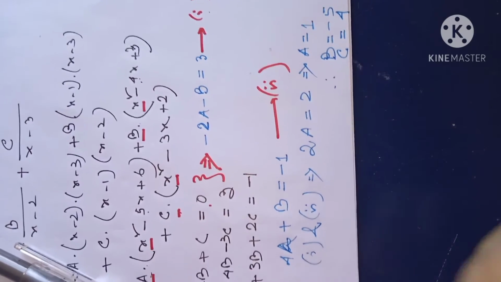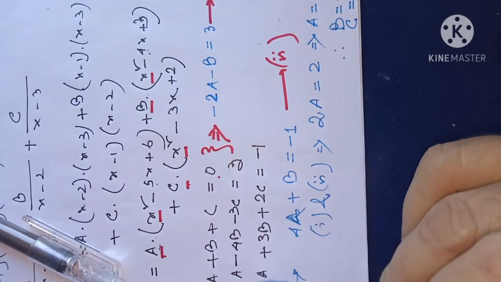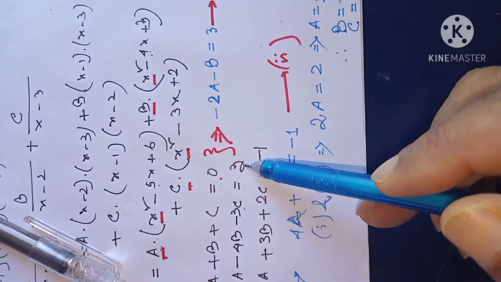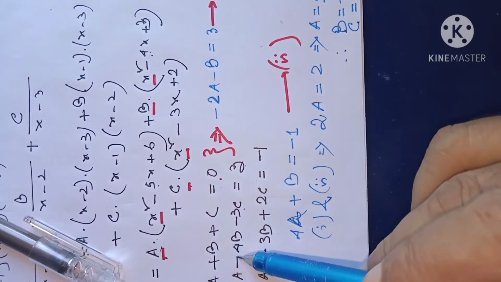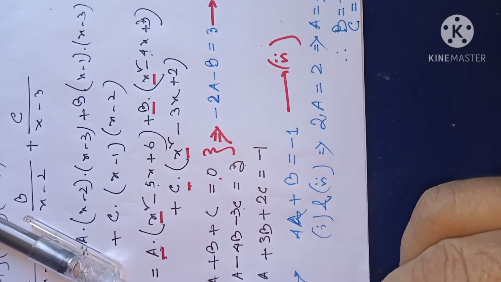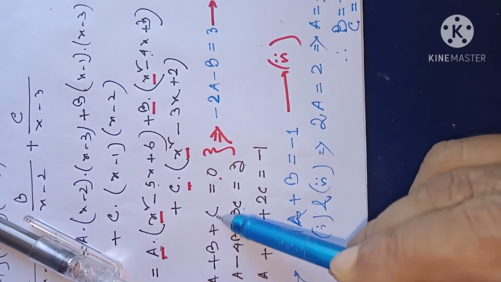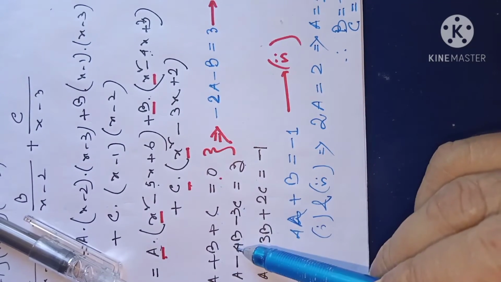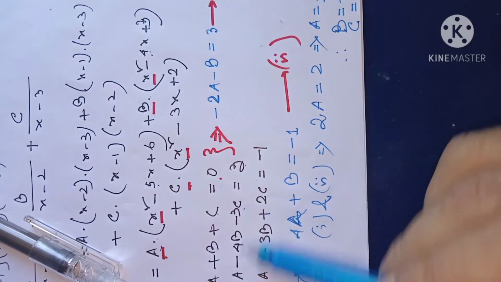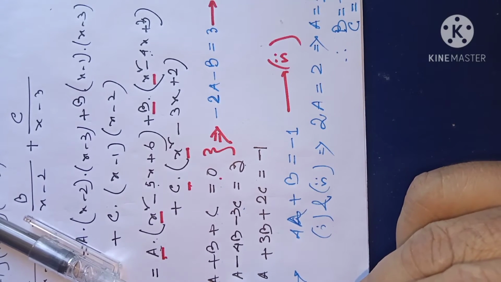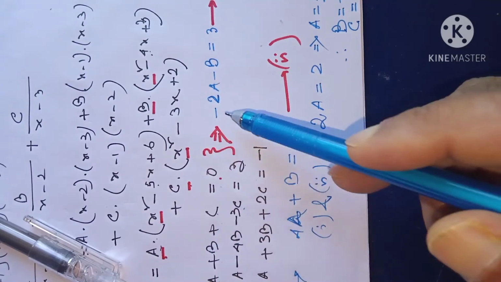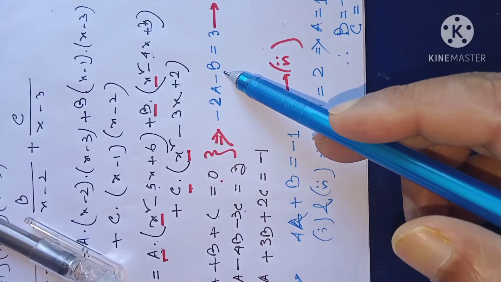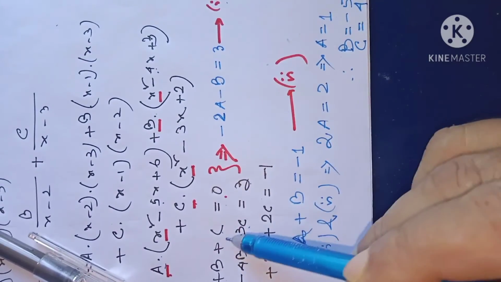So we will get like this. Dear students, you see a plus b plus c is 0 and minus 5a minus 4b minus 3c equal to 3. If you simplify these two equations, suppose you multiply here by 3, then it will be 3a, 3b, 3c, and then you combine these two equations by adding. Then plus 3c and minus 3c will get cancelled. Then minus 5a plus 3a will give you minus twice a. Minus 4b plus 3b will give you minus b, is equal to, then 3c will get cancelled and 3 will be there.